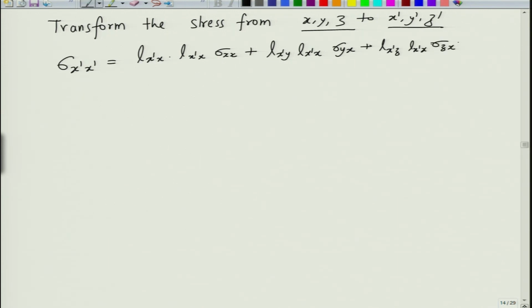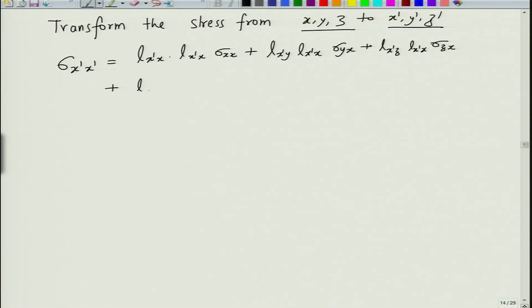So, we can see that we have varied only one term, that is the m term. The m term has changed from x to y to z. Similarly, for stress, this was sigma m n, so it has become sigma x x, sigma y x and sigma z x. Now, let us look at the other term. Now we will vary n. In the first case n was equal to x, now n will become equal to y.